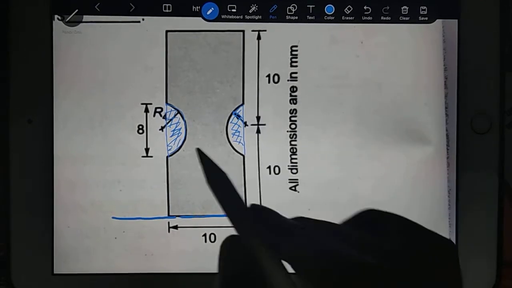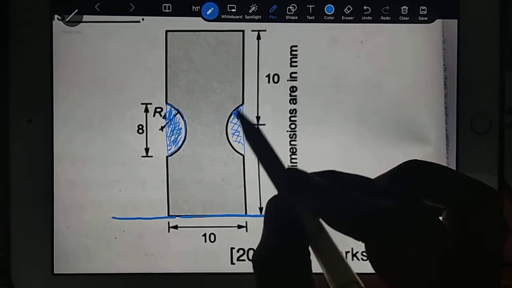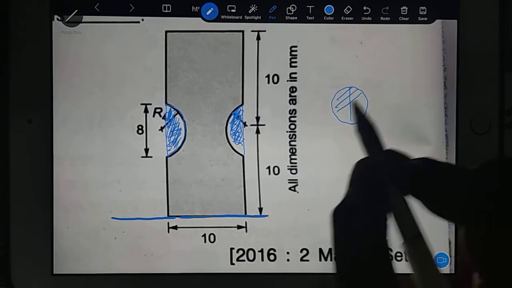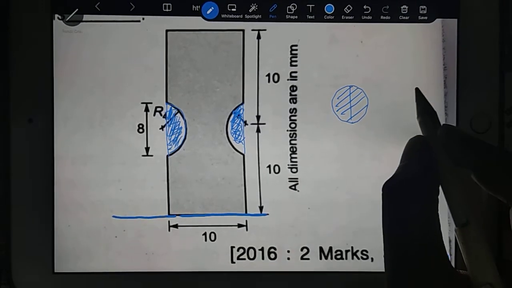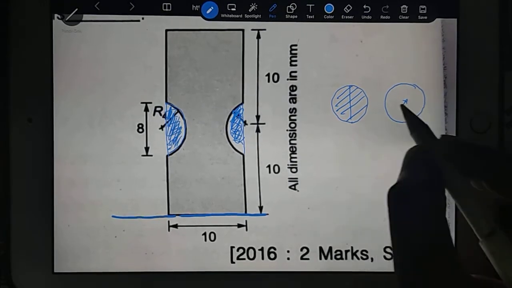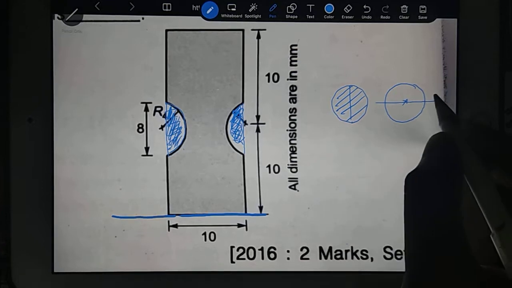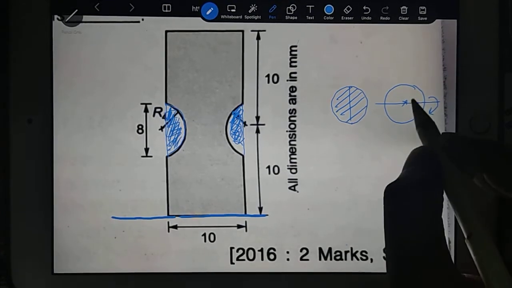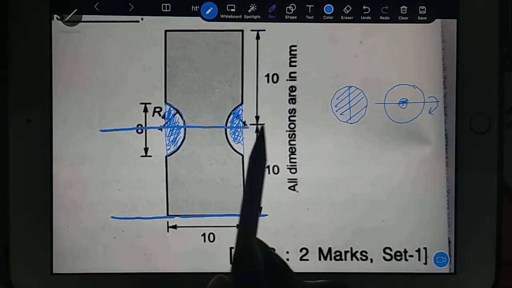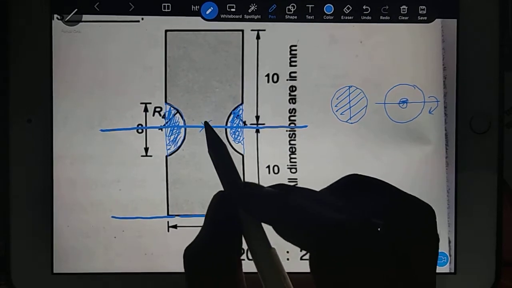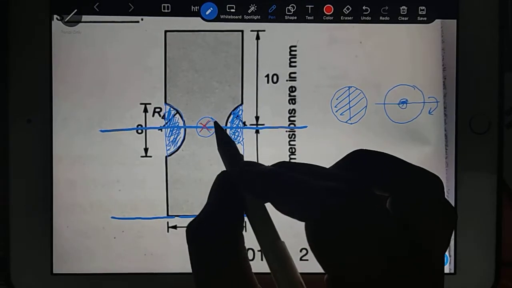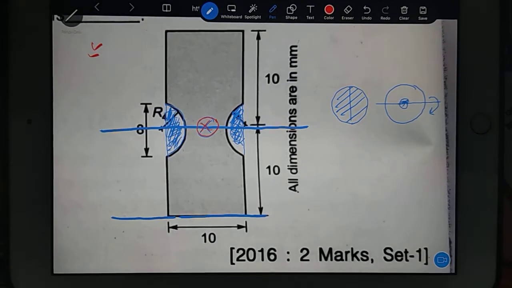They are a complete circle. If you add this portion and this portion, they are a complete circle. Okay, so if you have a complete circle and imagine this is the centroid of the circle and there is any axis passing, the moment of inertia of this circle about that axis passes through the centroid and is in the plane of the circle. Suppose this point is the CG of the entire cross section, because you can see the diagram is very symmetrical, correct?